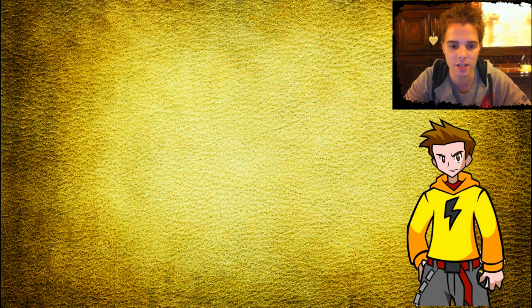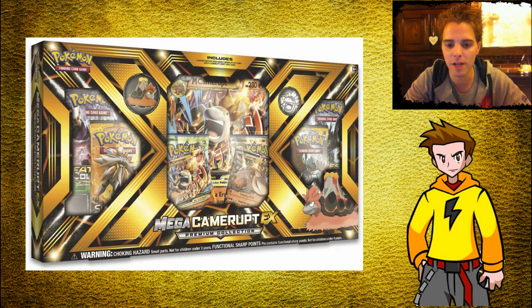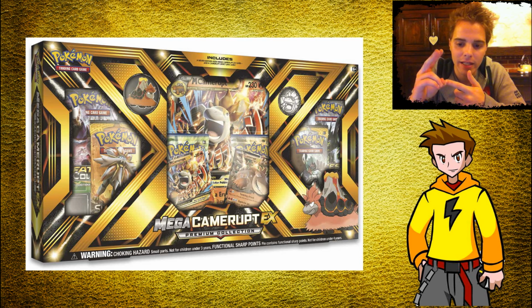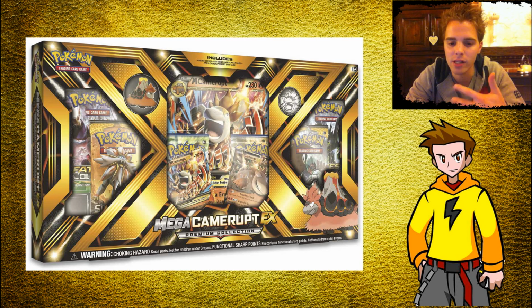So a bunch of stuff is coming out. These will be available on the 7th of April, so actually, yeah, next week. We have the Mega Camerupt EX Premium Collection Box. Contains 4 booster packs, 2 Fates Collide, and 2 Sun and Moon packs. I think there are more packs in there, so yeah, I think there are 6 in total. Also, you get a Spirit Link, Mega Camerupt EX, and yeah, Camerupt EX as well, the regular one, so that